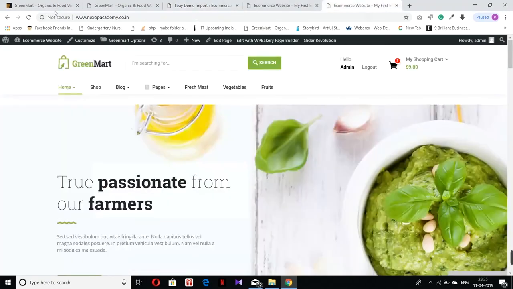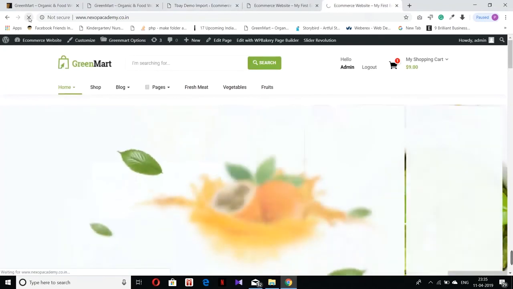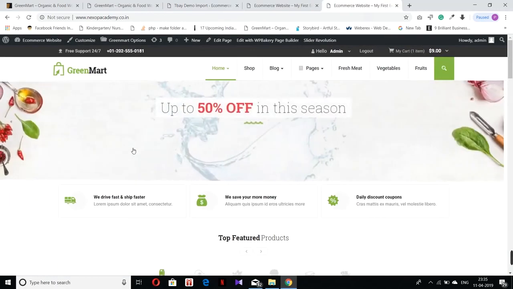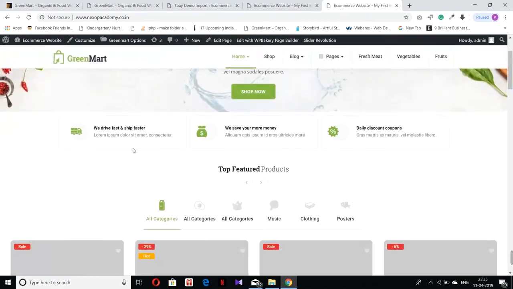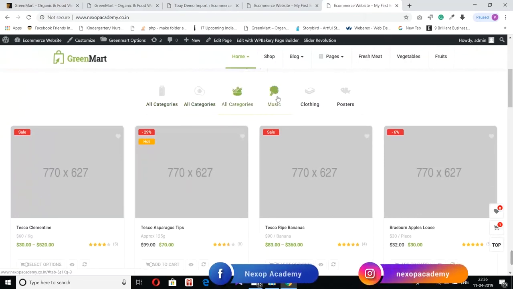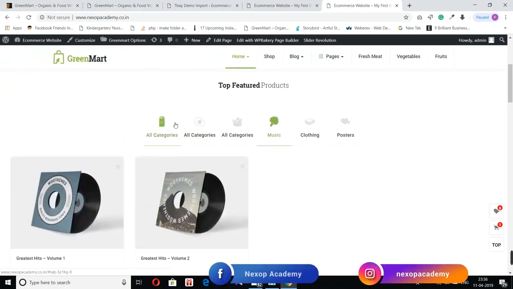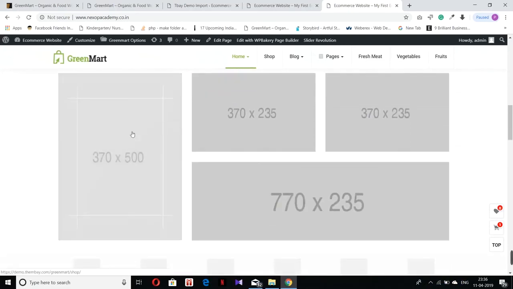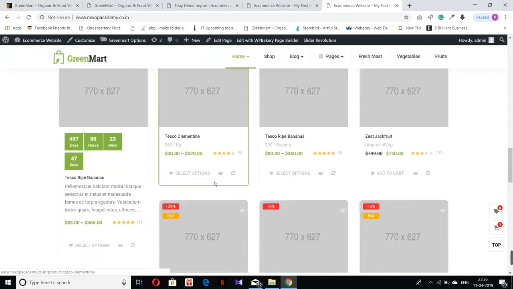Now I have to refresh the page, and you can see that our new design is ready to use. There are different products, and we just have to upload the images in this section. Everything, the structure, is ready.